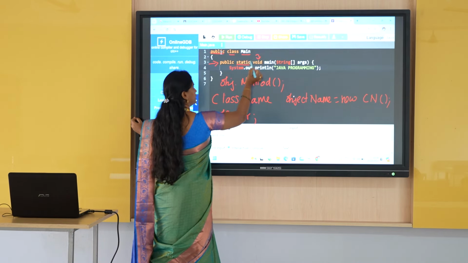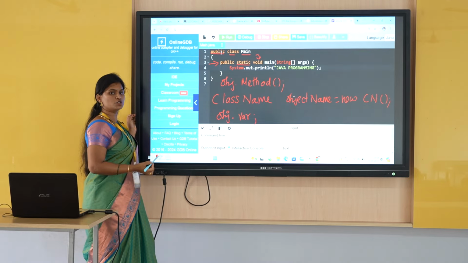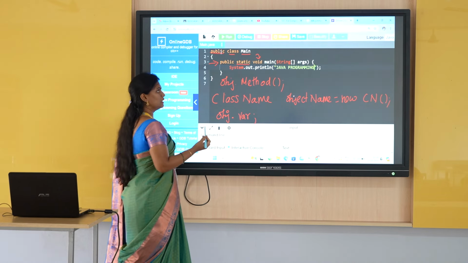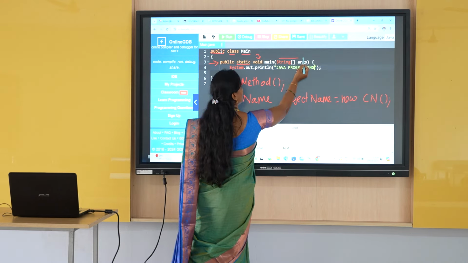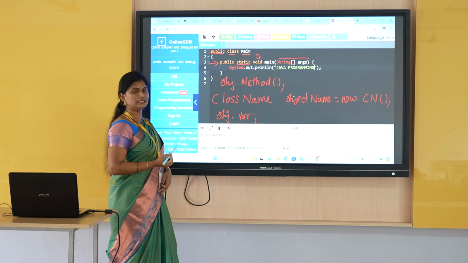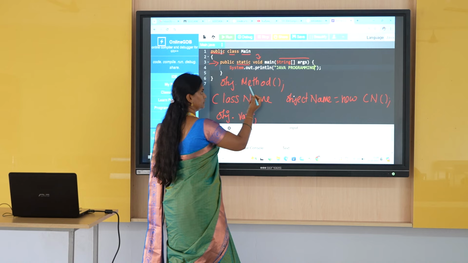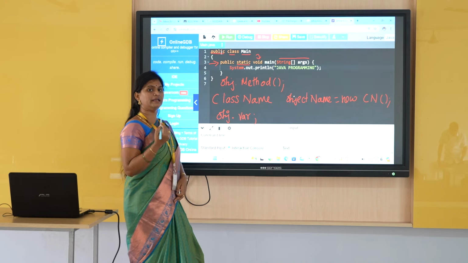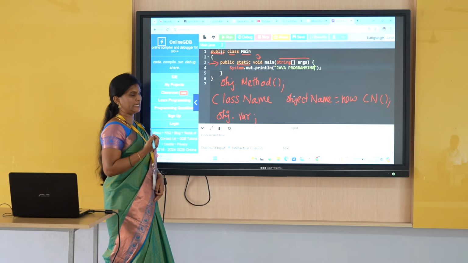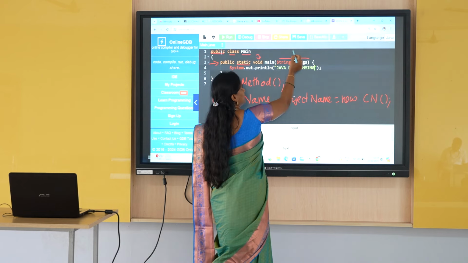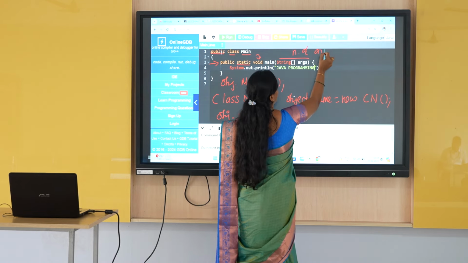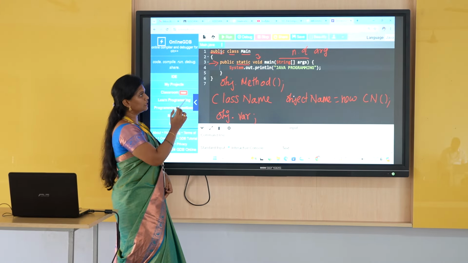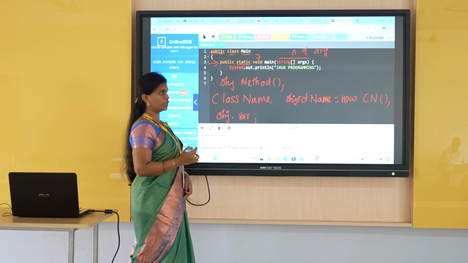And this is the data type. Here void is a null data type, it does not return anything. Followed by the main method, your program execution begins with the main method. Here String is a class, and String args is a command line argument. Everything we consider as a string. Suppose I pass 10 as input, the 10 will be considered as a string data type. We can pass n number of arguments. During compilation itself, we pass the input. So String args is a command line argument.